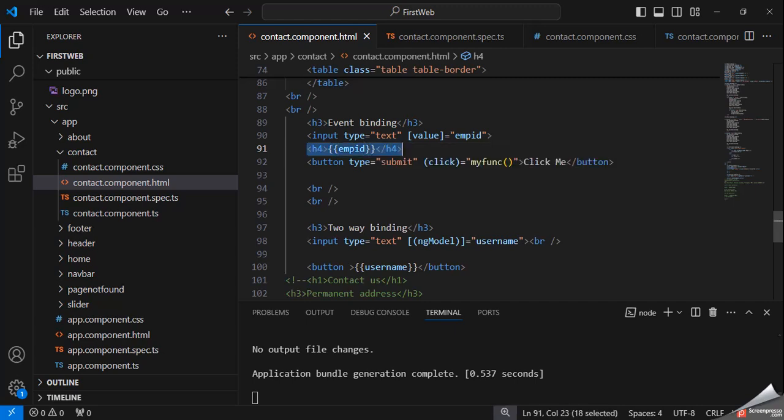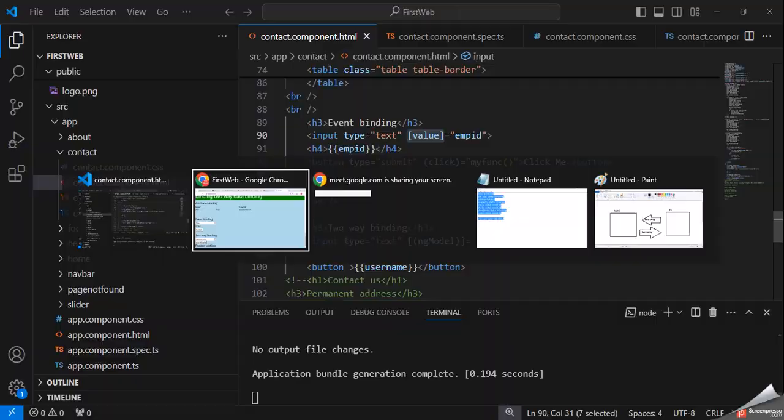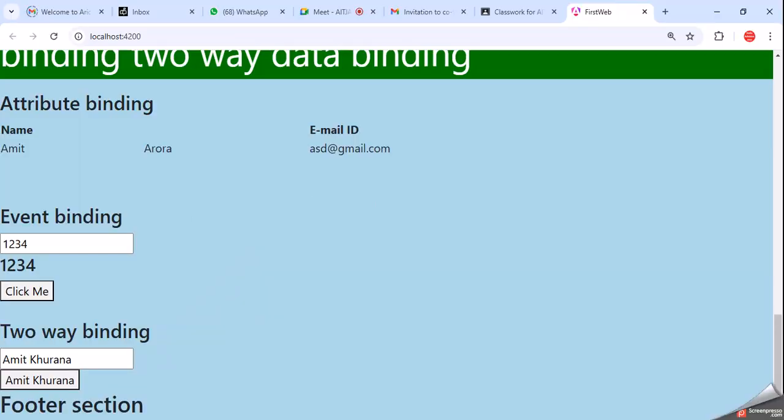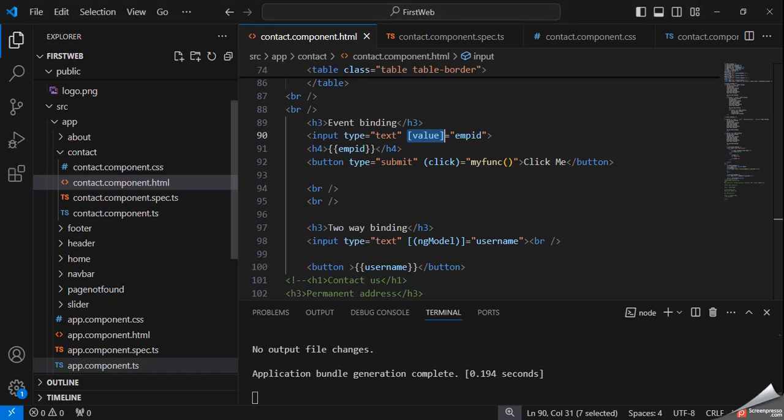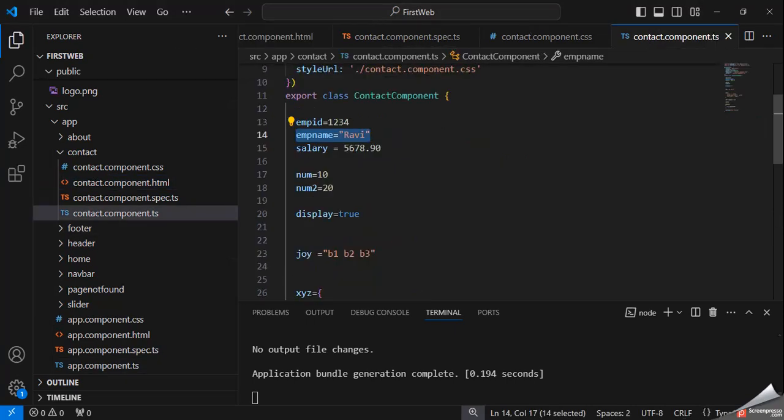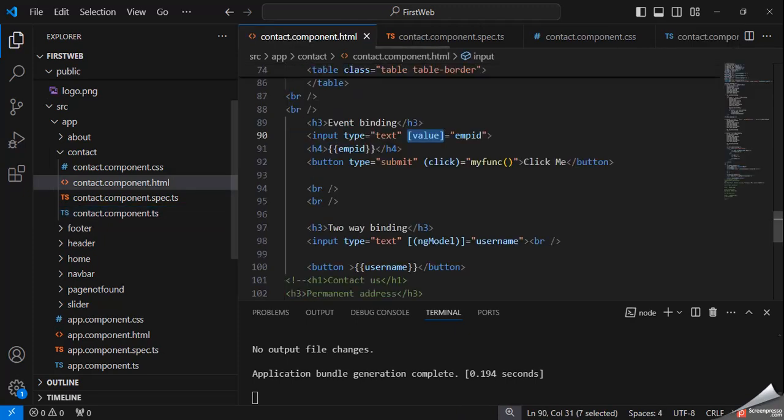Don't confuse it. This is the only way to display the values. This is the interpolation method, and this is the property. Here I have declared value as a property. Employee ID is a variable that contains the values. So here you can see this is the employee ID. And suppose here I have declared salary, so here we can specify salary.